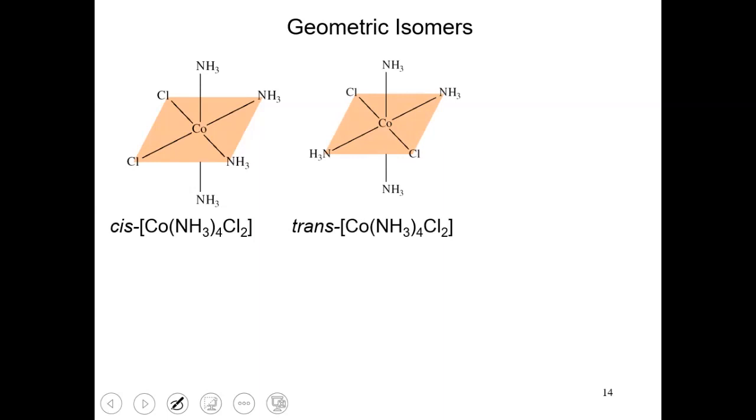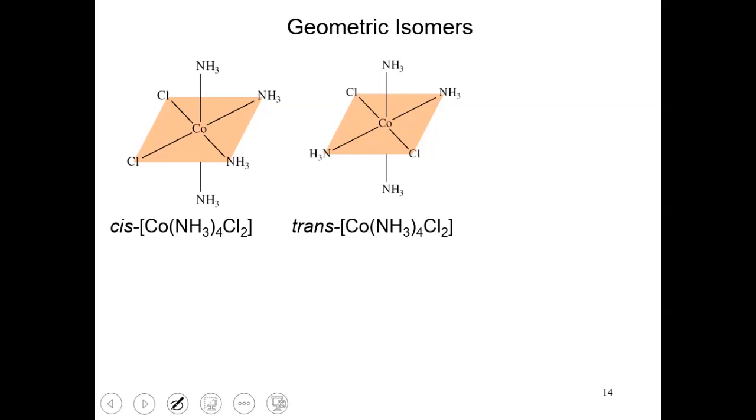In these pictures here, what they do is they draw a parallelogram to give us a sense, okay, that's a plane that extends from our point of view into the page and behind the page or screen. And so those four ligands, the two chlorides and the two ammonias that are sitting on that